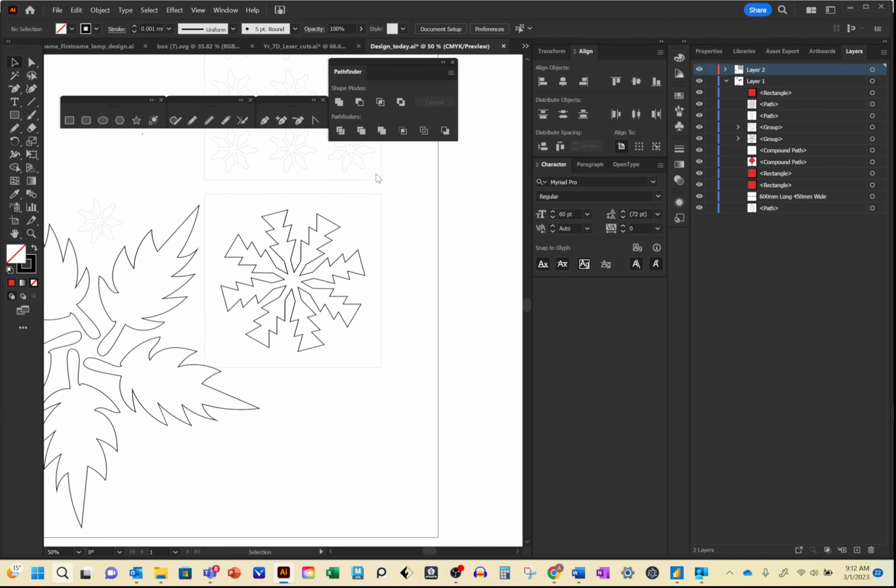And don't forget to use Pathfinder. Many different options here, and it'll also give you a little instruction